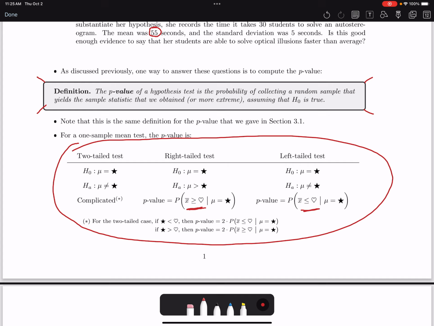The two-tailed test is, once again, kind of a complicated scenario here. But I'll show you a shortcut in Art of Stat in a second on how to compute these, so you won't have to do a lot of these by hand anyway. But let's